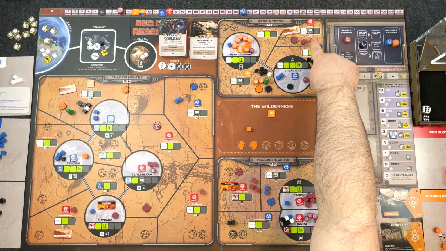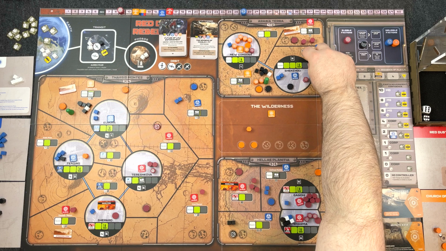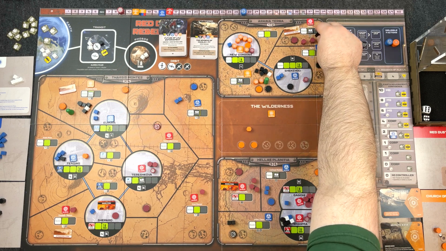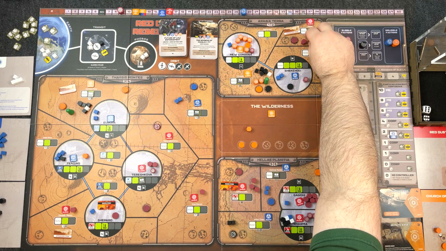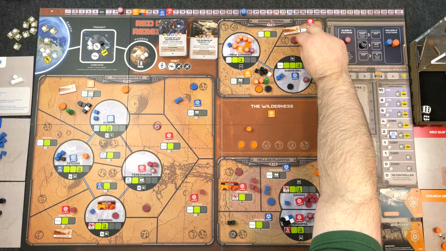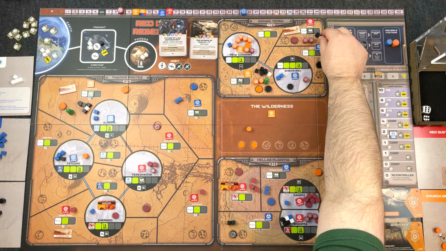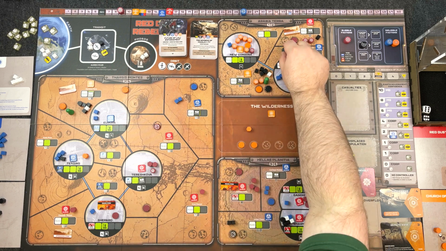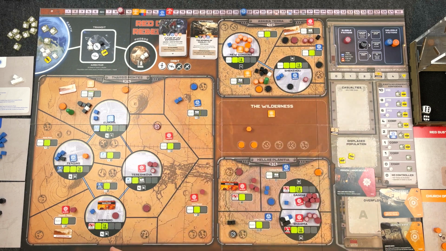I guess up here, right? Yeah. So we'll go ahead and recons will move these to desert adjacent. We'll activate both of the Red Dusters. Remove one security to place a base. So we'll remove one of our securities and place a base. And then I just remembered, I should say, that...